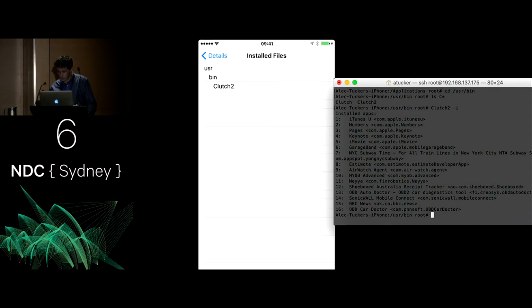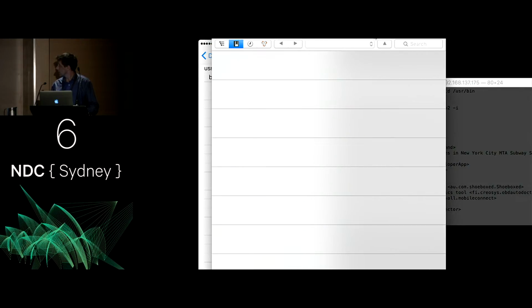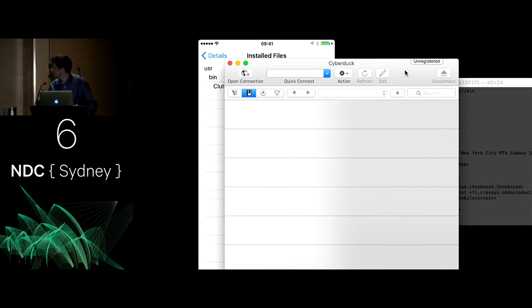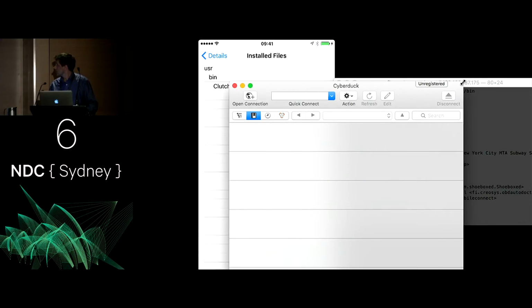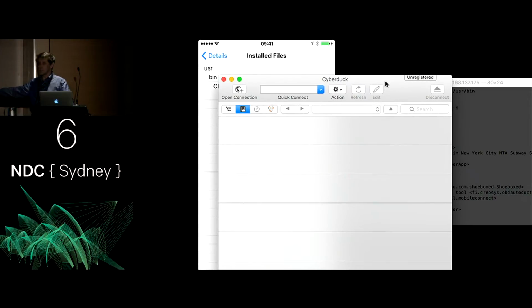What I can show you is the next step, and I've had some fun connectivity issues with this, so it's not quite doing what I'd like it to, including disappearing off the screen. There we go. So CyberDuck is just a way to get a nice graphical UI over this, so I can go in, I can browse the file system. I differ a little bit from the hacker stereotype here, where although command line is great, if I can do it with pictures, I'll do it with pictures.